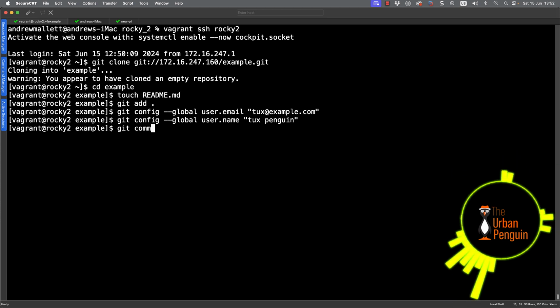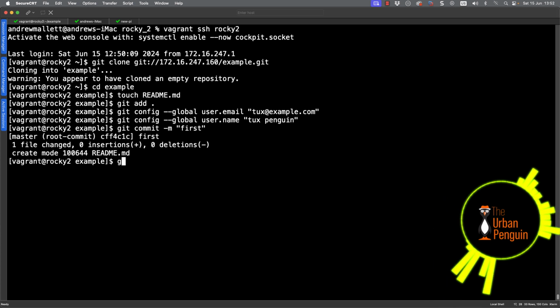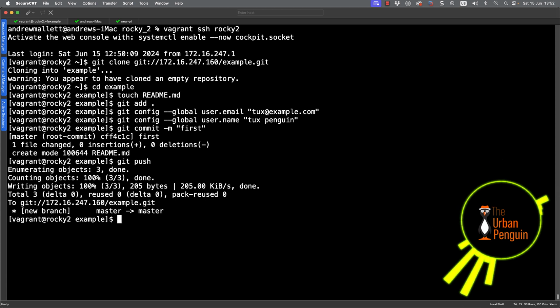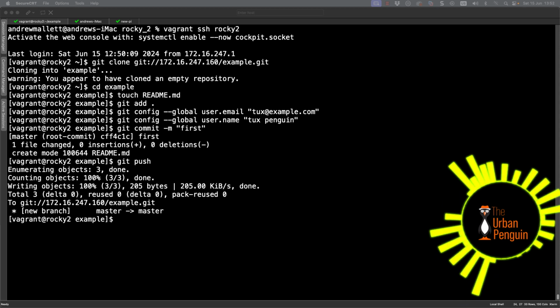Having configured our identity, we're going to be able to run our commit. Obviously, to do a commit, we have to know who the author is. All of this is still local, but we can now go through and do a git push, and it's proving that we have write access through to our Git repository. Remember, though, this is unauthenticated. It's nothing to do with our Git username or email. It's just that we've made this public readable and writable.